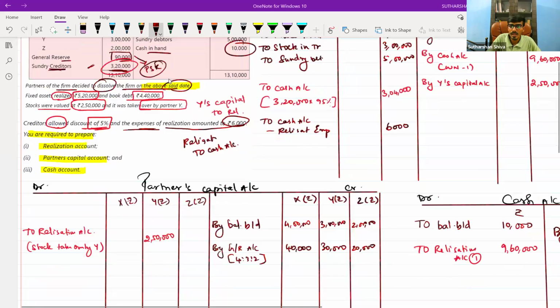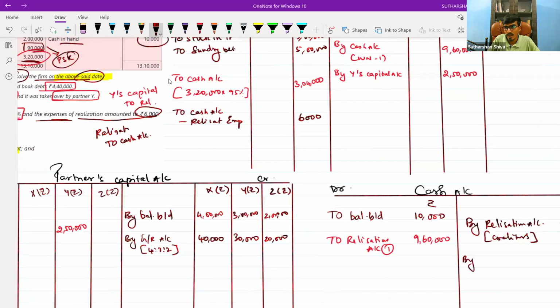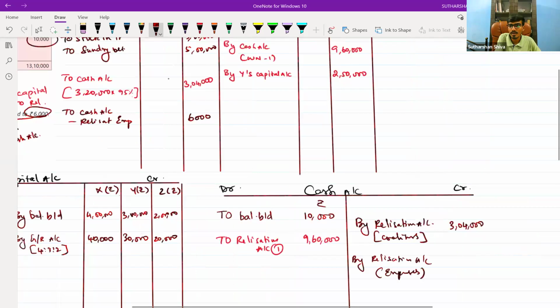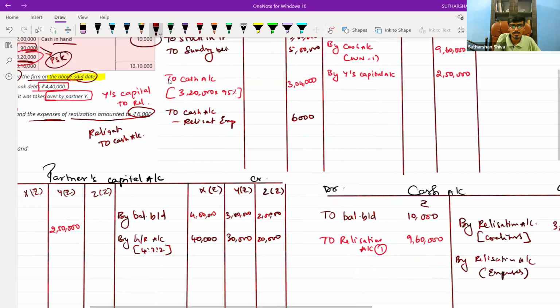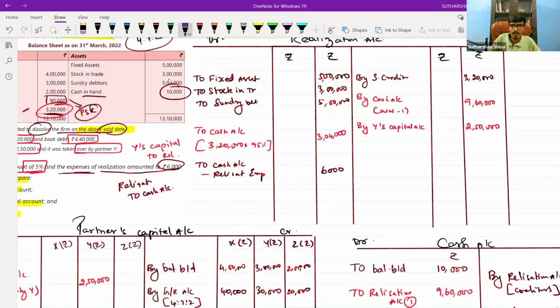Then immediately go to cash account. By realization. In brackets write down expenses, and write down the value 6,000. 6,000 is done. All the adjustments are done. First, close the